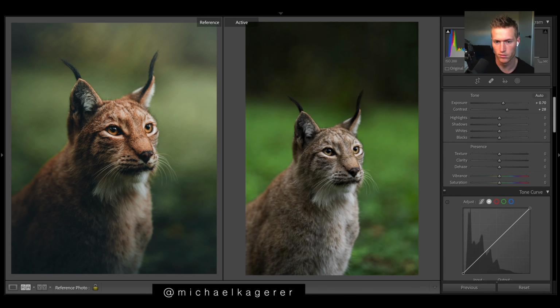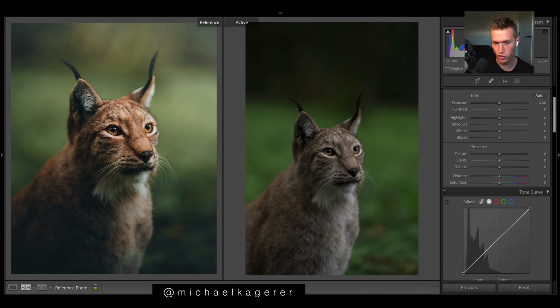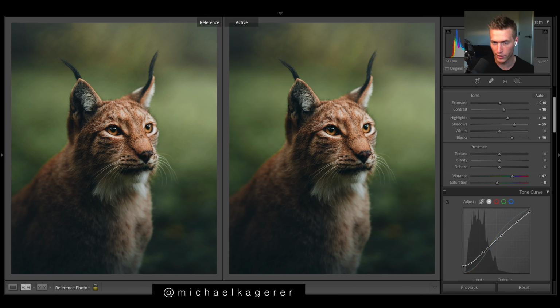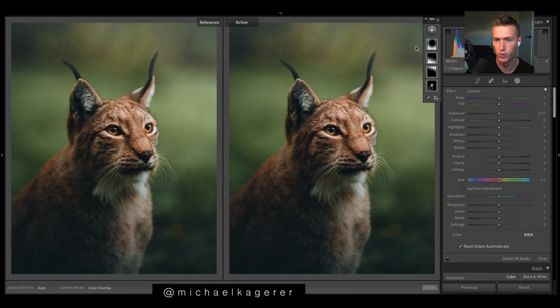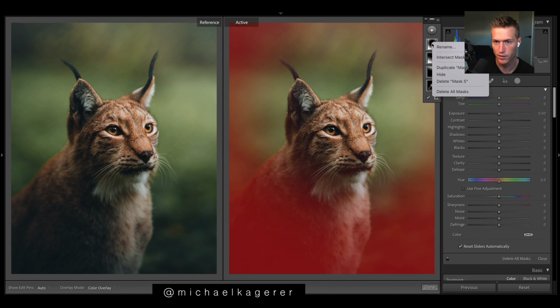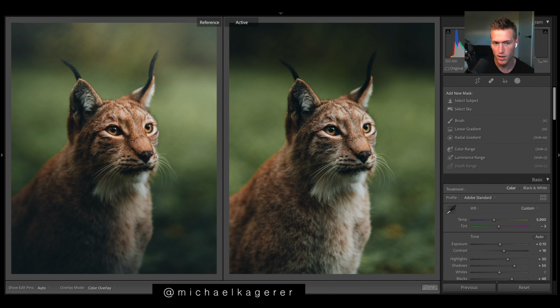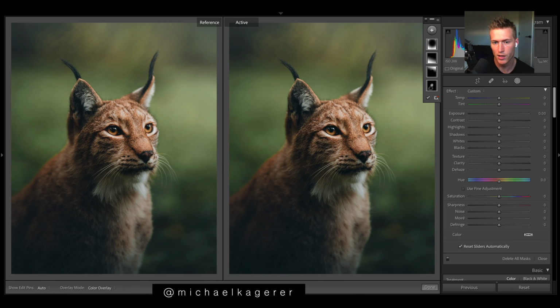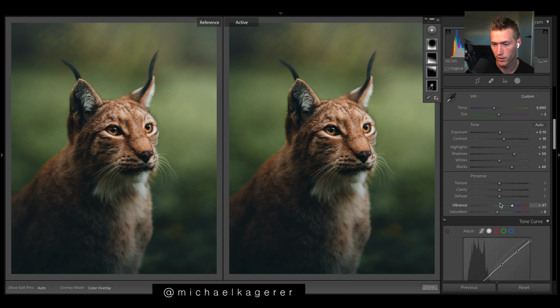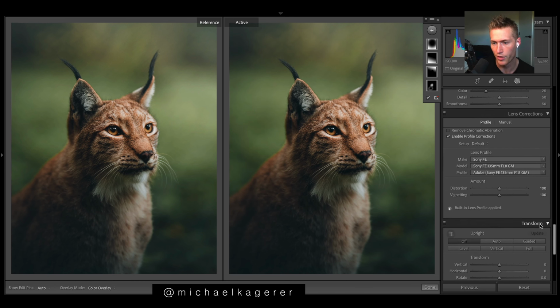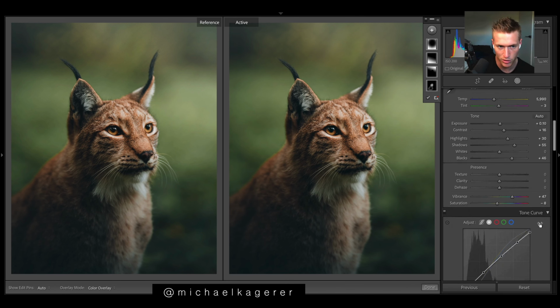But we have really created rich contrast with smoothness with the curves here especially, and then you can see just how much all these filters play a role. So if we click delete all masks, you can see how much shape we're giving to lighting. Creates a really smooth look to the image. Otherwise, yeah, the vibrance is a bit of a play here. Very vibrant. I think those are the main things going on in this image, and we're about done,